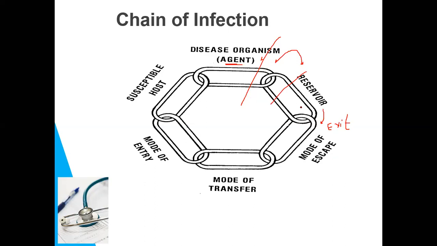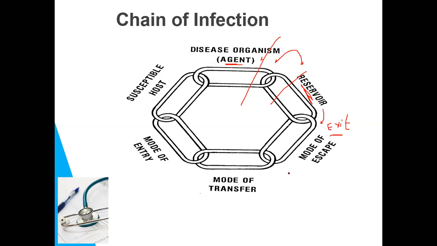For example, عندنا الملاريا reservoir of malaria of plasmodium malaria هو المosquitoes. So one of the infection control of malaria to control mosquitoes. طيب البورتال of exit. Portal of exit can be droplets, airborne. يبقى عندنا precautions of airborne, precautions of droplets to avoid going outside the reservoir بالنسبة لي infectious agent.